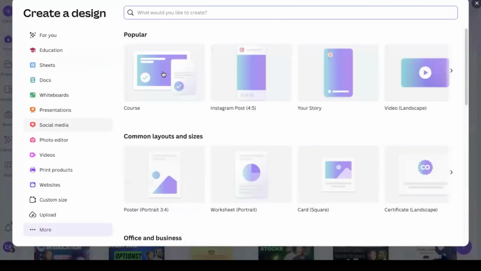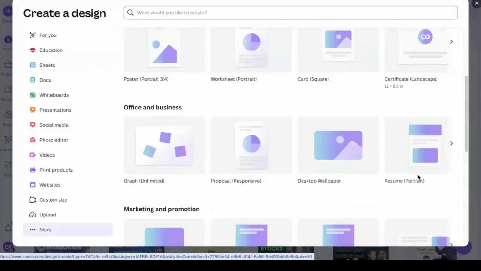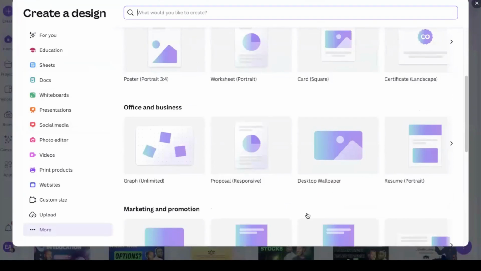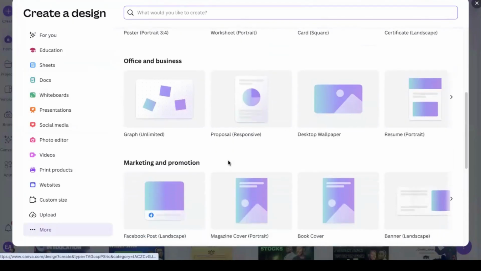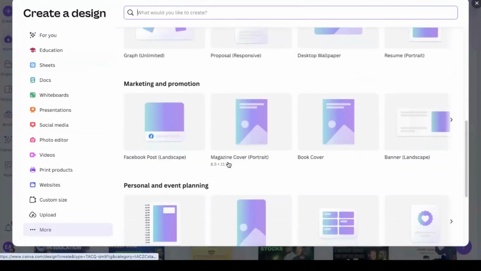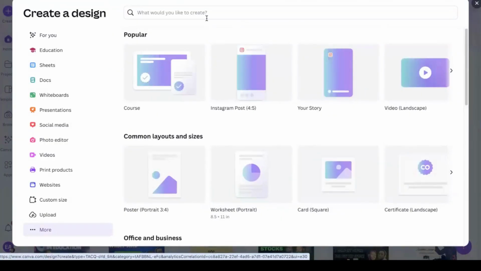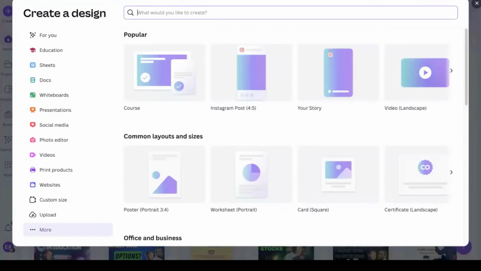So if you want to do a course, or add it to your stories like on Instagram or Facebook. If you want to create certificates, resumes, which is great for students, of course, as well as professors, proposals. If you just want to do some type of graph. So it's great for any type of office and business, marketing and promotions, personal and event planning. One thing I will say I used Canva for was to actually create a t-shirt. So if you say t-shirt